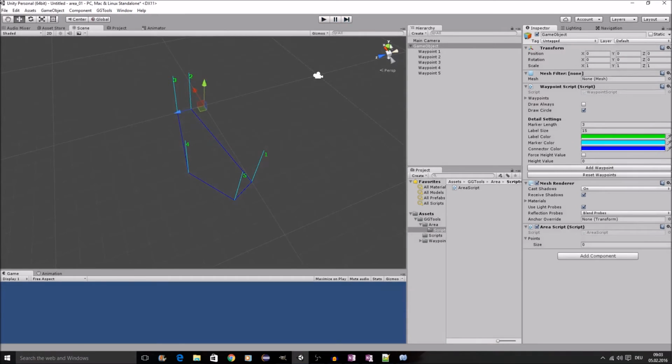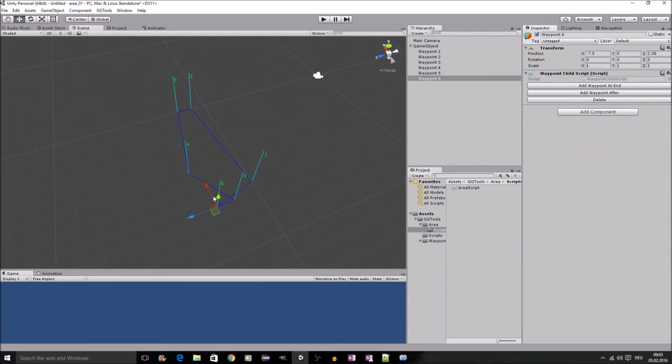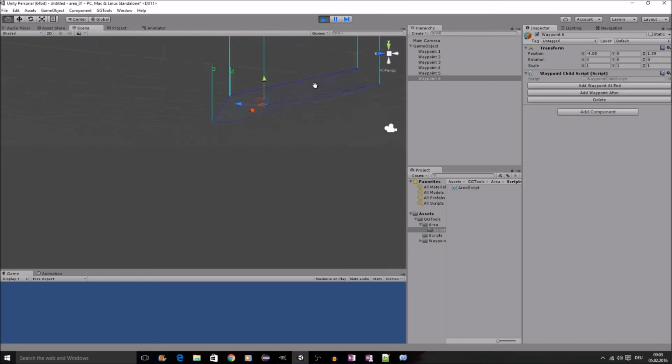So if I add another waypoint, and I place it in the middle, like so, what you see is, apart from the weird colors, we have the vertex in the middle, but the edge is actually drawn here. And this is just the way we draw the triangles,